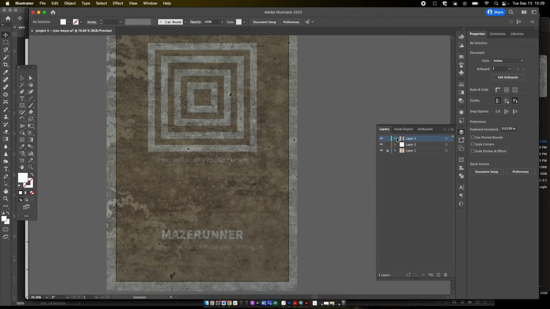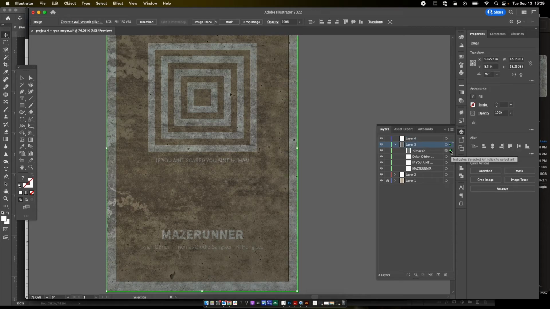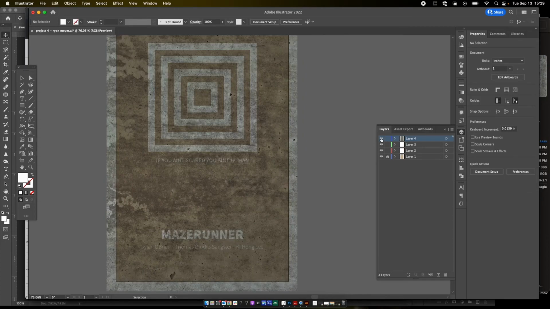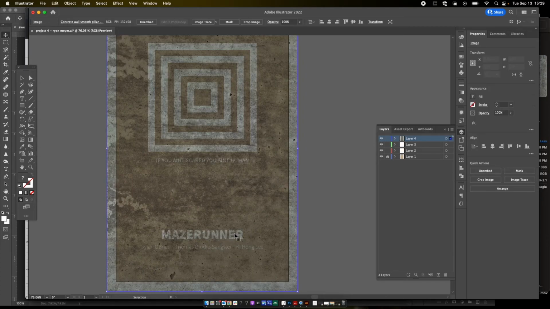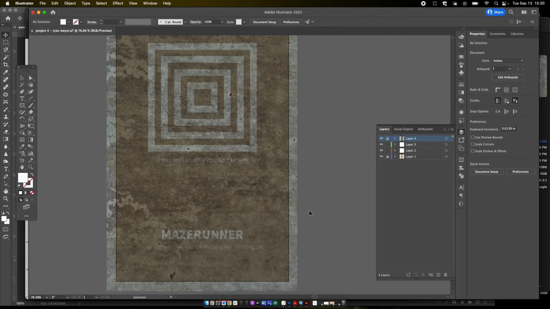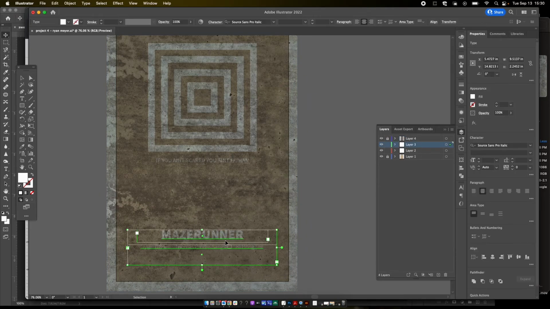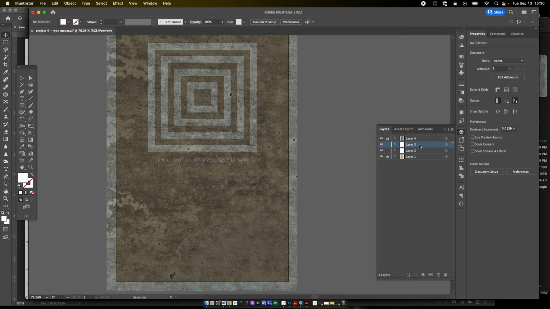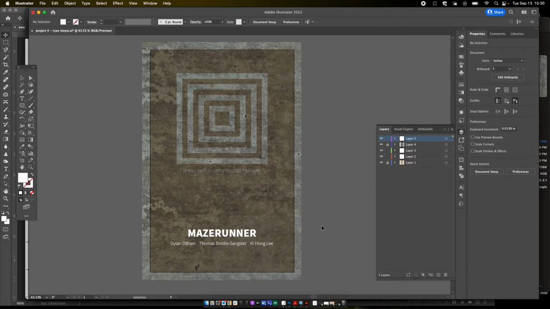Actually, I have the text on the same layer that I put the texture. So let me make a new layer. I'm going to move the texture layer to the layer above. I'm going to select the text. I'm cutting it, making another layer above the texture layer. I'm pasting it in place. And now it's back to the white text